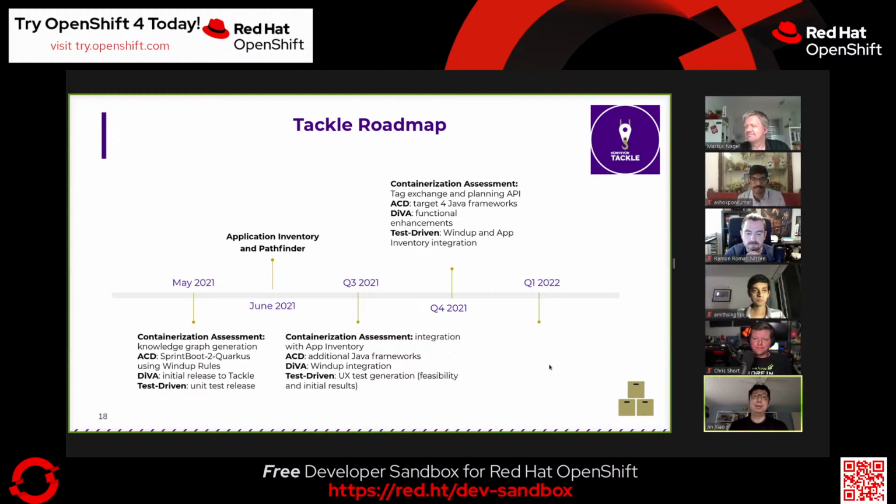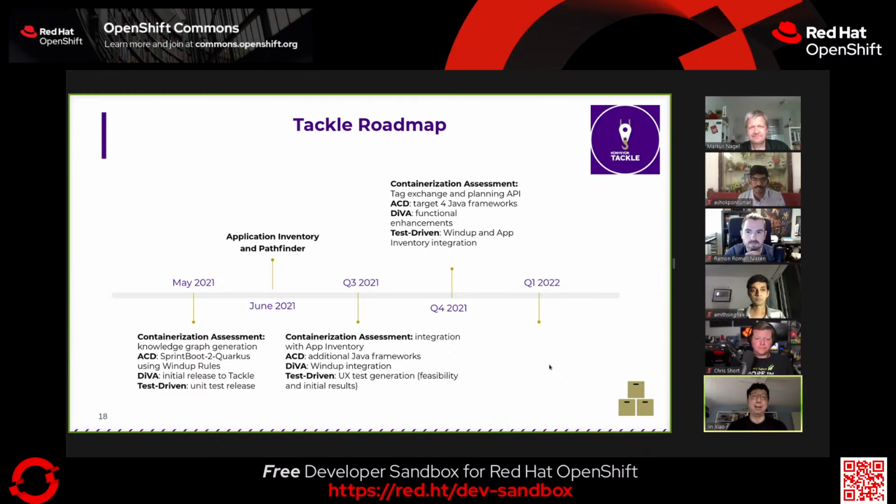Now, in terms of test-driven automation side, we basically have the unit test release. On heel of that, we're providing the differential testing capabilities. And we're currently actually working on the UX test generation, as I mentioned before. And we're hoping, so because this is still an R&D effort at this point, we're hoping we will have a